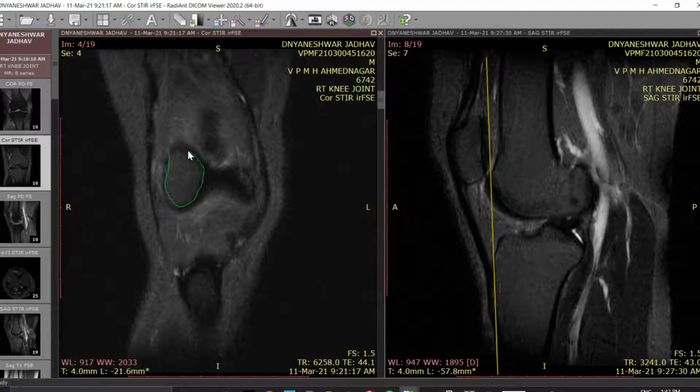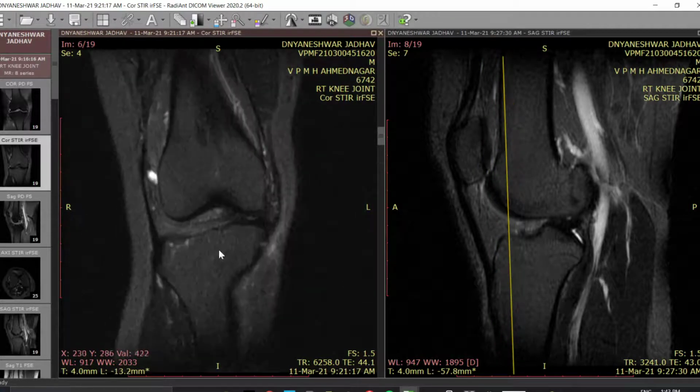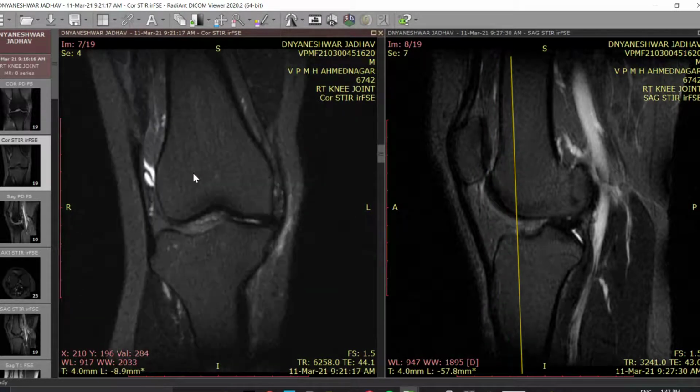All right. One ROI, second ROI, maybe it is not that clear, so leave it, ignore it. Right. This is very inaccurate, but you have to try to trace the gray and black interface. Okay. And slowly and steadily, you'll have to do like this from front to back of the knee.